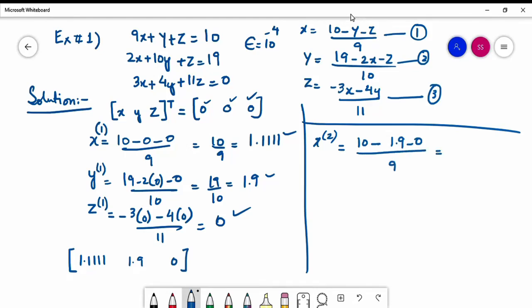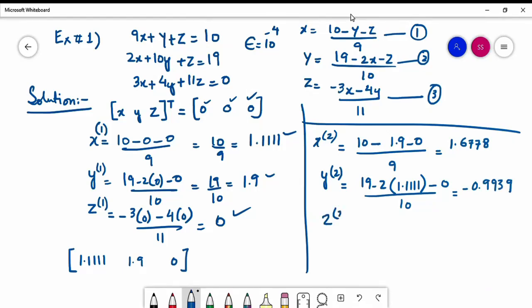So the value will be 1.6778, and similarly y to the power 2 is 19 minus 2 into x, which is 1.111, and minus z, which is 0, divided by 10. If we solve it, you get the value minus 0.9939, and if it is z to the power 2, to get this value